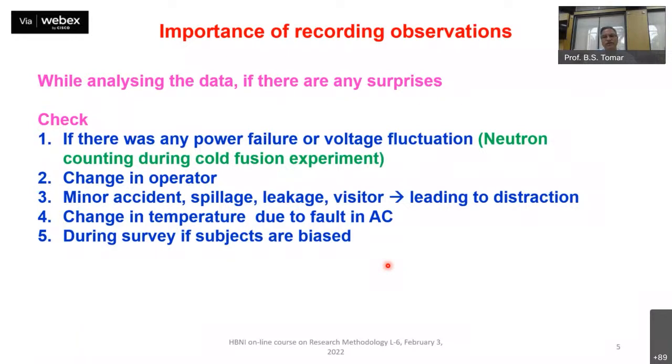Like, in accelerators or big machines, there is an automatic logging. So this keeps on recording what happened at this point of time. The machine automatically records. There could be a change in the temperature due to a fault in the AC, and temperature dependent changes may take place in the instruments. And if we are going to have a survey of human beings, some sample surveys, then human subjects, if you are interviewing people and some people are very smart, they may not give you proper information. So there could be bias in the people whom you are surveying. All those things may lead to observations which may not be the correct observations.